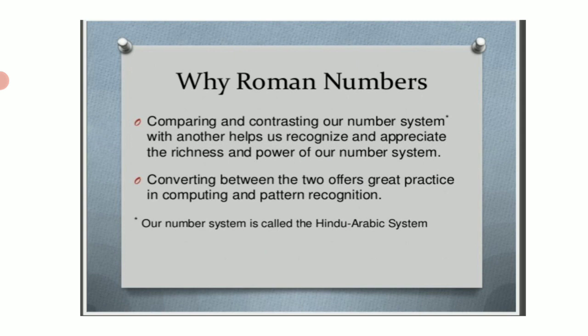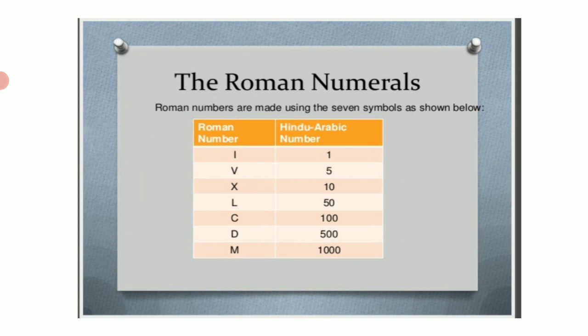Our number system is called the Hindu-Arabic system. Now children, all of you know, and in the earlier classes you have studied, that we follow a particular alphabet, and that particular alphabet, the English alphabet, stands for a particular Hindu-Arabic number. Now let us come to the list and know exactly which alphabet stands for which number.